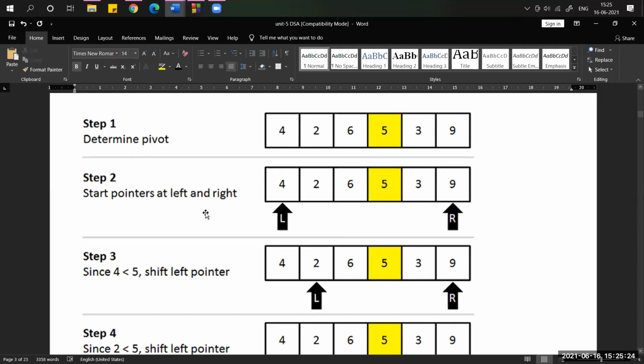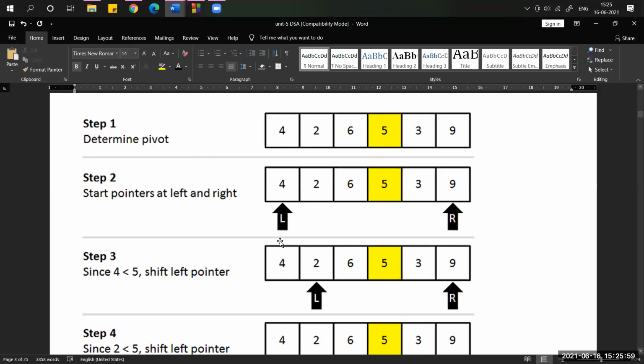For the second step, you have to remember the implementation, meaning how the algorithm actually works when you use quicksort. First I selected the pivot. Next, you need to take two pointer variables. What are those? A left pointer and a right pointer. You have to pick two variables, one should be left, another should be right.